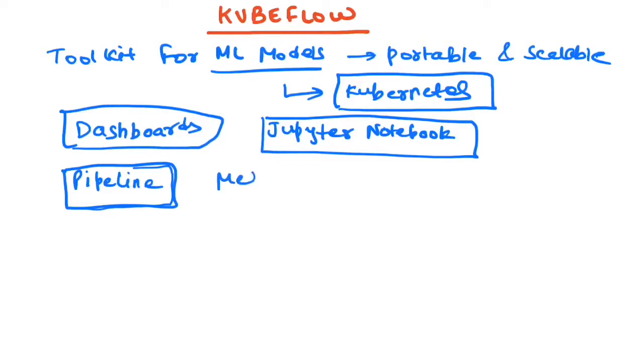Then we have a metadata component. Metadata is something where for each stage you need to specify certain metadata, like what this particular step is doing and what the objective of that step is. So it's basically tagging your model life cycle with metadata, so that it is easier to relate what this particular step is for, for you as well as for others.